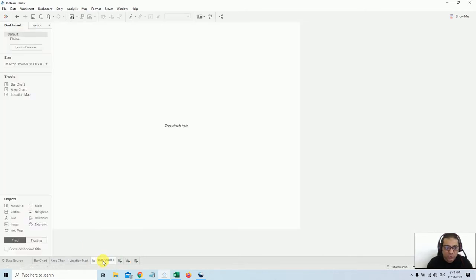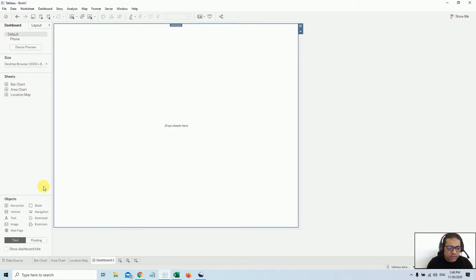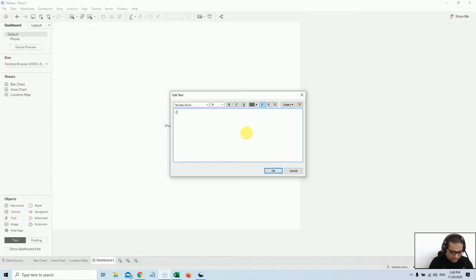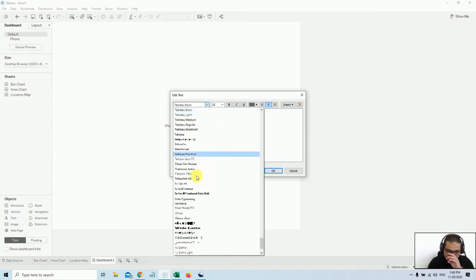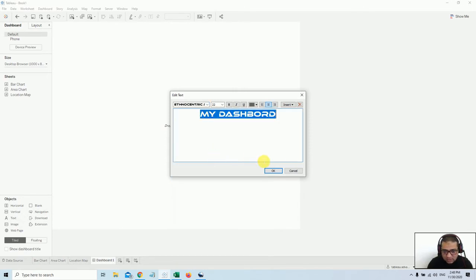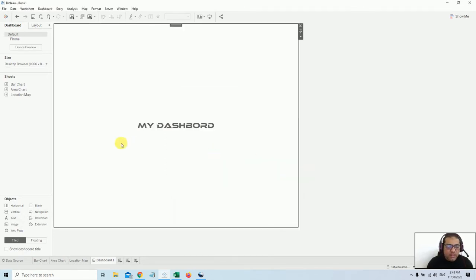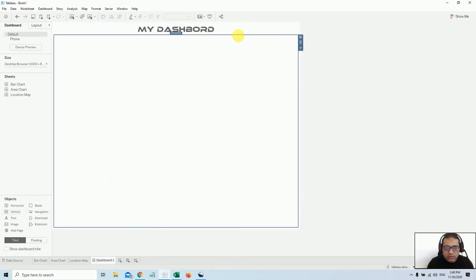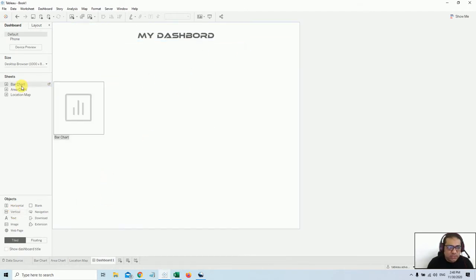Let me add a dashboard here. We'll drag a horizontal container. Under the horizontal container, we'll add a title here, and we'll say my dashboard. I'll center it, make it 20, give it some style and hit OK. After that, we'll add another vertical container below it, and I'll maximize the size,